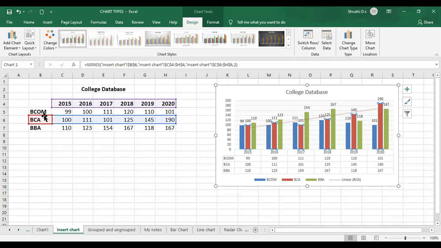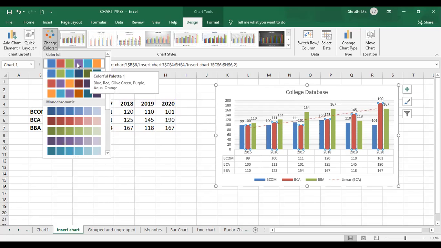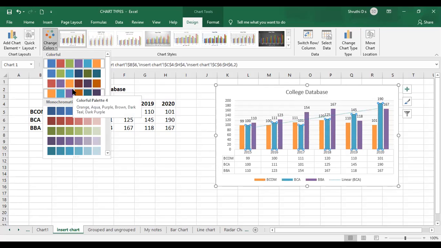If you insert more, the bars required here will be more, right? Every bar can have a different set of values. See, the already available colors are these. They are readily available, and you can choose any one of them. Those sets of bars will have those colors allocated, or will be filled with those sets of colors.